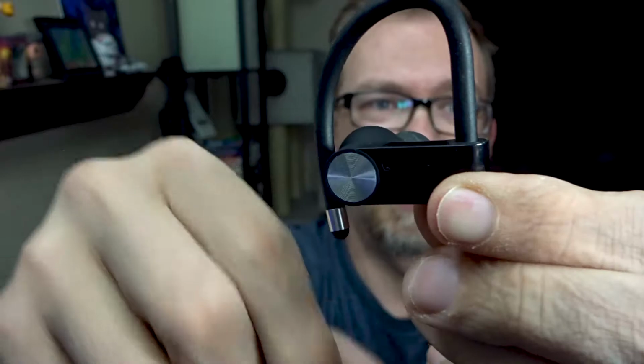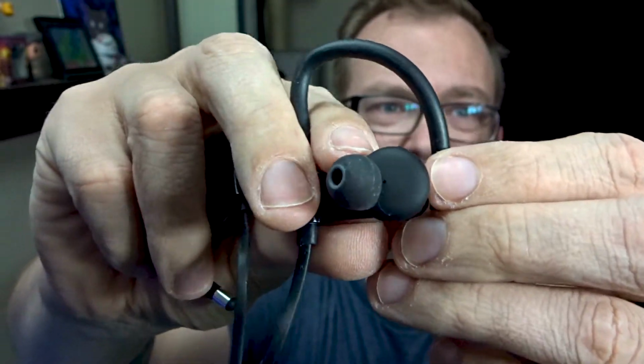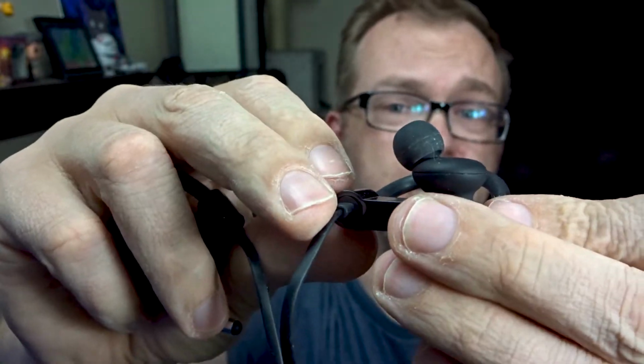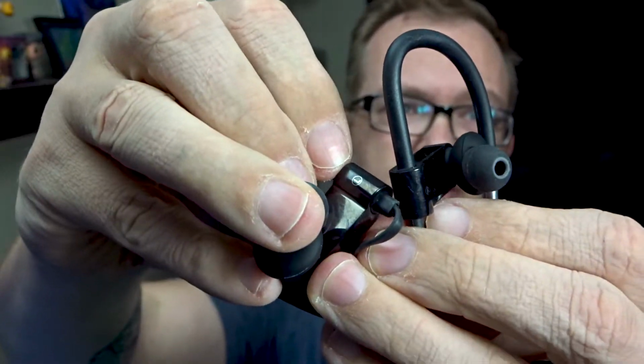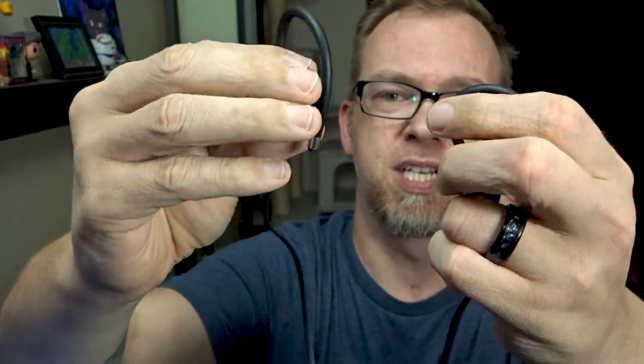So if we take a quick look at the headphones here, like I said, we're going to see that they do have a silver accent on them, as well as down here. And then, of course, these are going to be kind of angled so that they'll fit into your ear canal more comfortably than the ones that just go straight in there. I believe, yep, these are labeled. There's an R right here, and of course, on the other side, there's an L to show left and right. And then you've got the ear attachments here so that they will go over your ear. And they go on real easily,